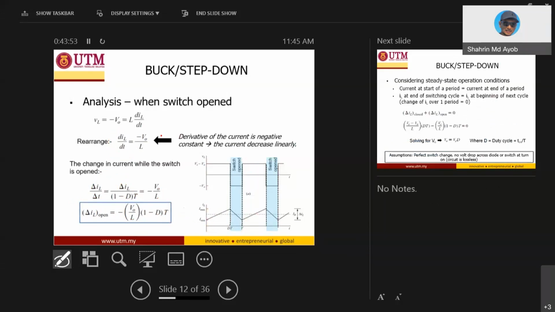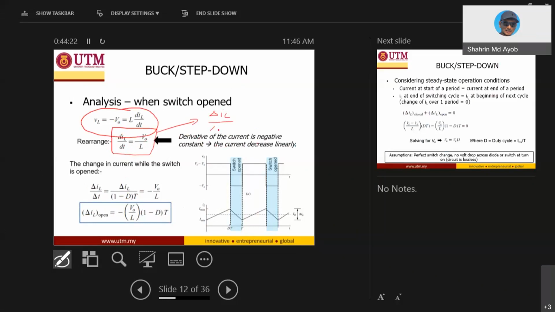We already know that when the switch is open, the relationship between VL and V out is this one. And we know that VL is di L over dt, so we can rearrange that equation into delta IL over dt equal to negative V out over L. And this one we can rewrite as a delta IL